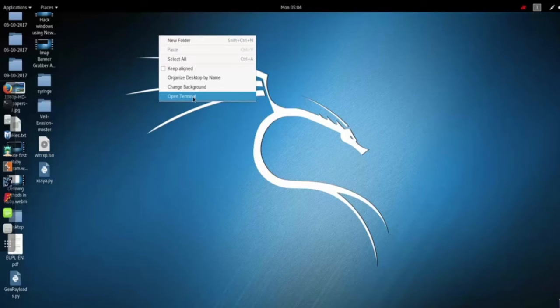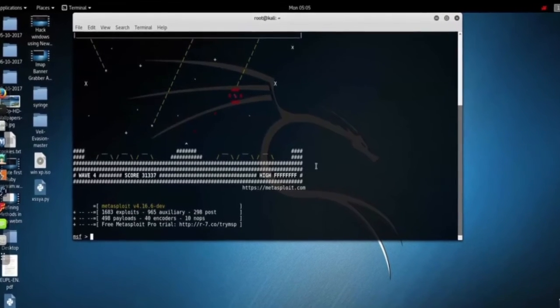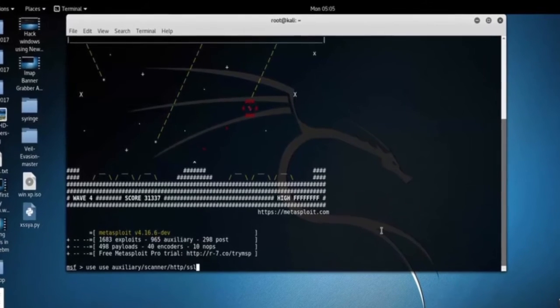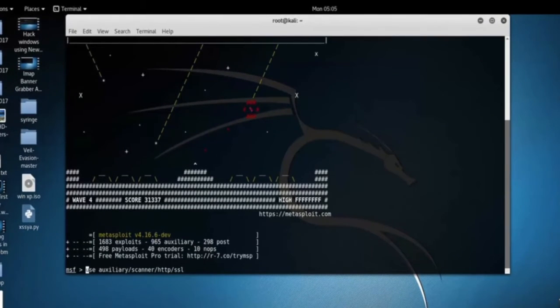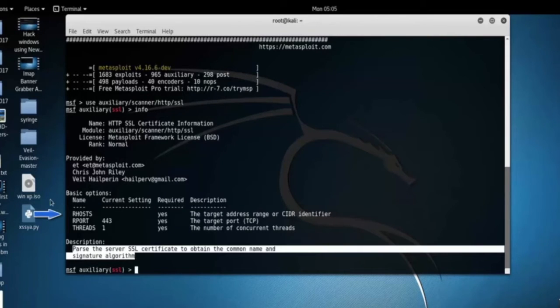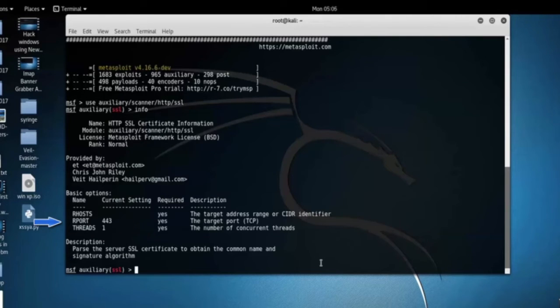Let's open up terminal, type msfconsole, and load the SSL module into the MSF console. Type use auxiliary/scanner/http/ssl. Type info. Here you can see the SSL module's basic information. Module options are RHOSTS, the target address range or CIDR identifier, and RPORT, the target port. Set the remote host address as